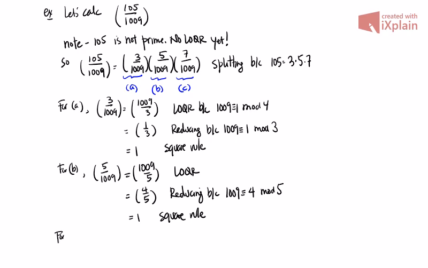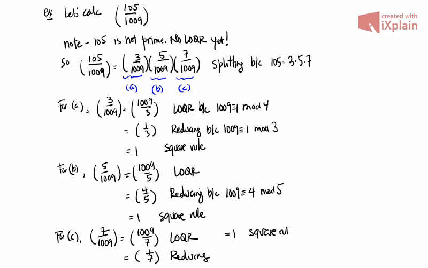And then for C, 7 over 1009. Again, quadratic reciprocity. And we reduce it. We reduce 1009 mod 7, we get 1. And this is equal to 1 by the square rule. So when we put it all together, 105 over 1009 is 1 times 1 times 1,